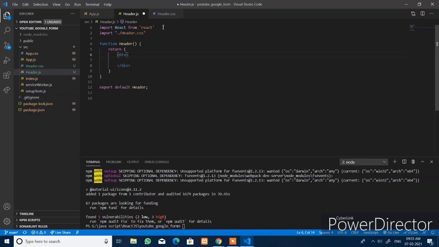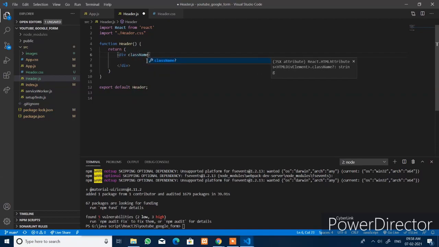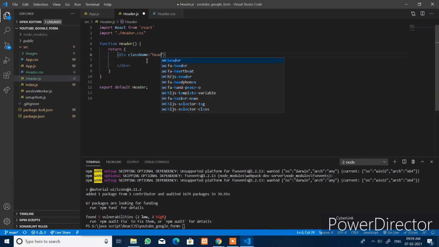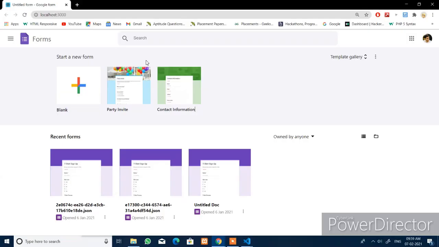All the components should be enclosed within a single div element or a single element. Now you give the class name header. You place the menu icon, image, and the text in the header info content, the header search bar, and the header right.